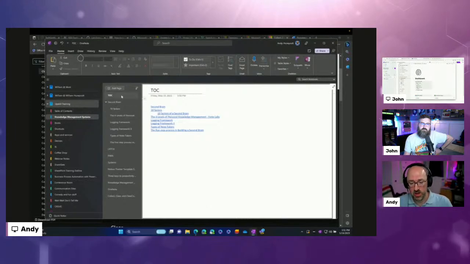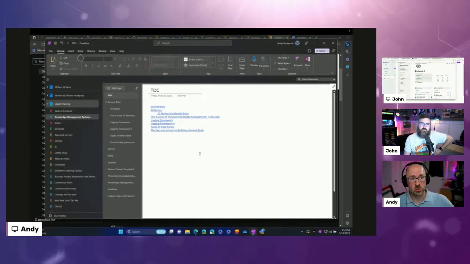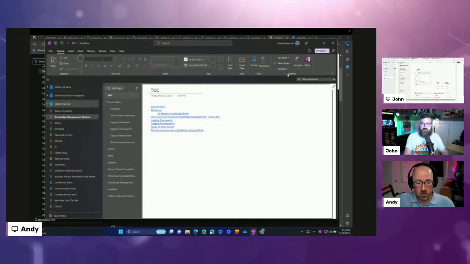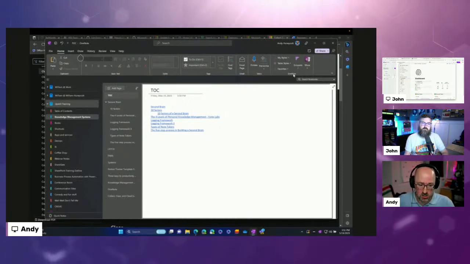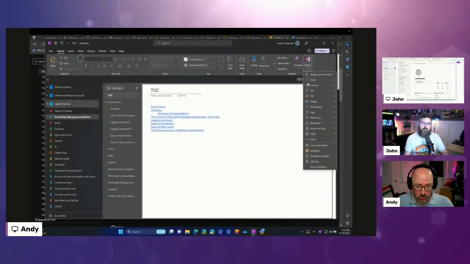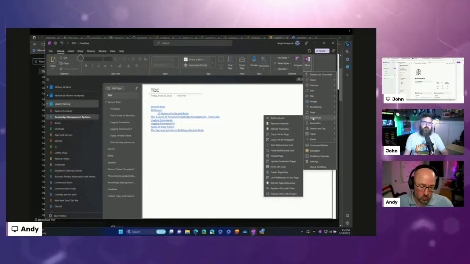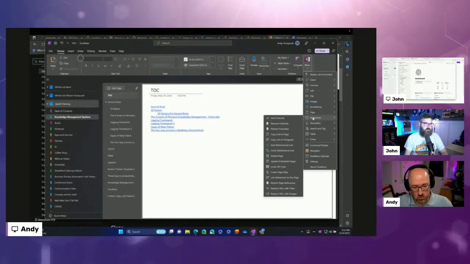So I don't have that built in out of the box. So in the OneNote world, there's a plugin from a Microsoft MVP. It's called One More. The plugin's really awesome. It's free, and it has things built into it, like the ability to create a table of contents. There's a table of contents reference that you can add to it. And there's a whole bunch of other stuff, but it's a